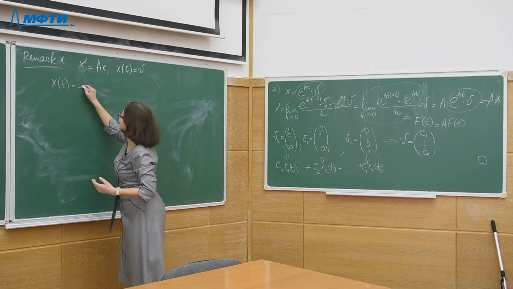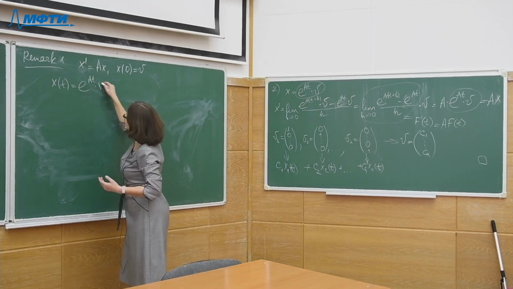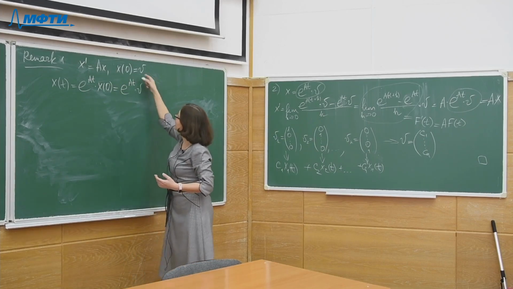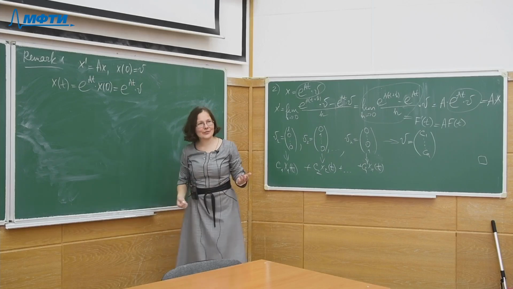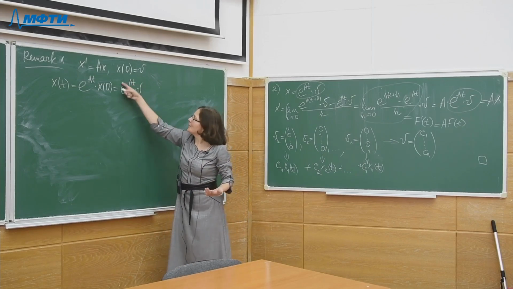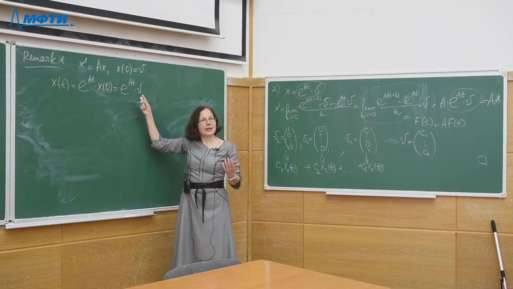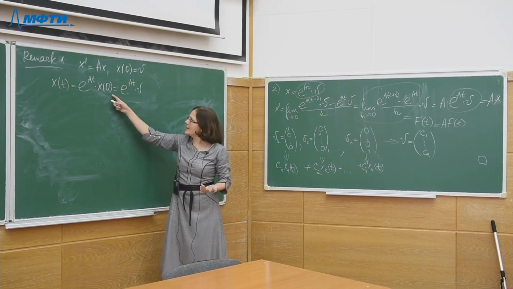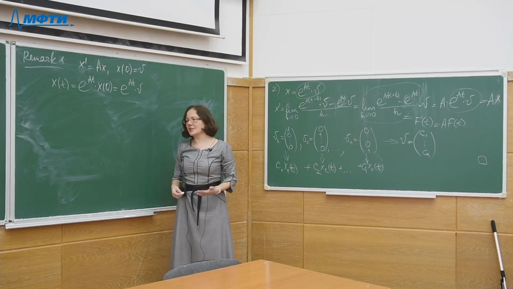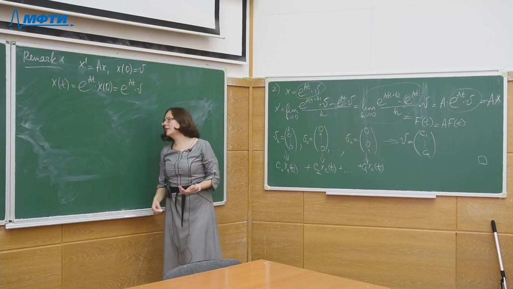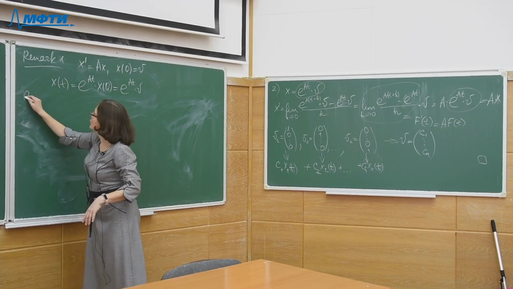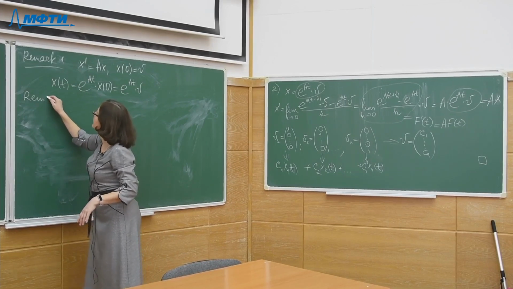Right, yes, of course, e to the power At times x of 0, or e to the power At times v, because v is x of 0. So if we substitute 0 for t, we will get the identity matrix multiplied by v. So this solution satisfies this initial condition, and since it is unique by the Picard-Lindelöf theorem, this is the answer. Right, so this was remark number 1, and the next remark will be